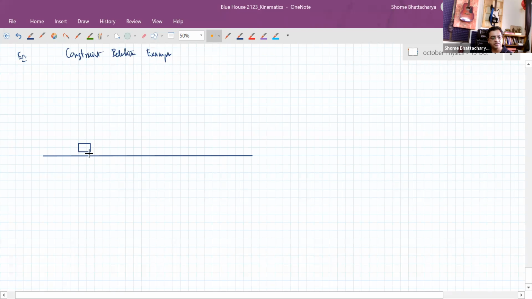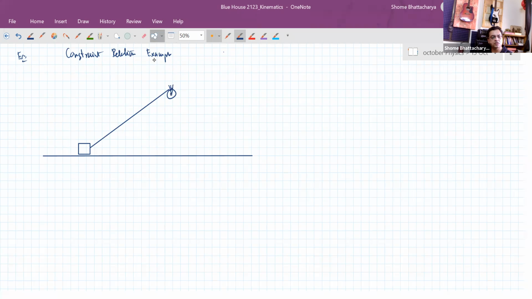This is a standard type of constraint relation that you would have seen as part of your Newton's laws chapter. And you might have used thread length conservation with possibly more complex calculus type of application for this. But now we'll see how we can use